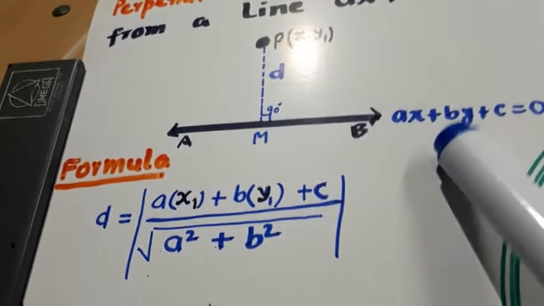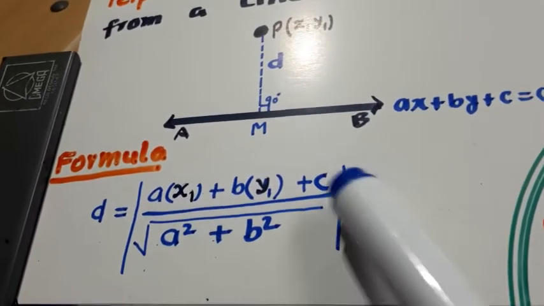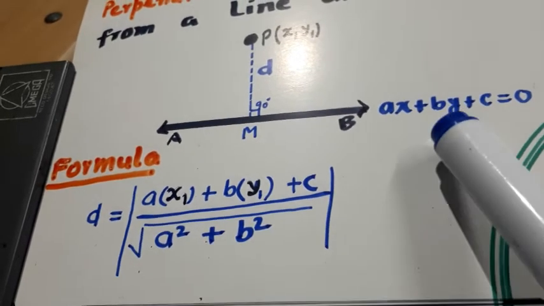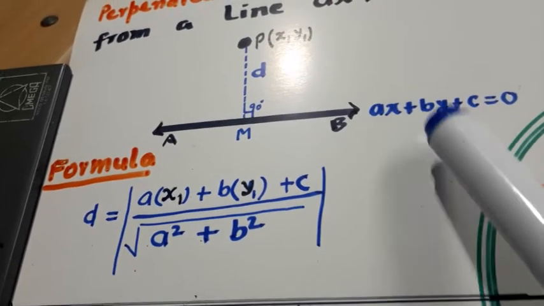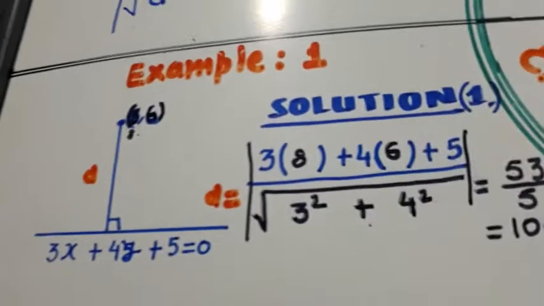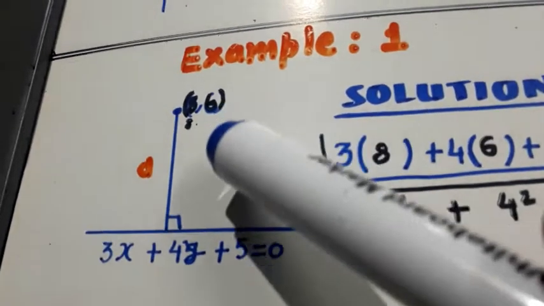Put x1, y1 in this, and divide it by under root a square plus b square. A and b are the coefficients of x and y. With the help of examples, it will be very easy to find the distance of this point from the line. Now look here. Here the point is